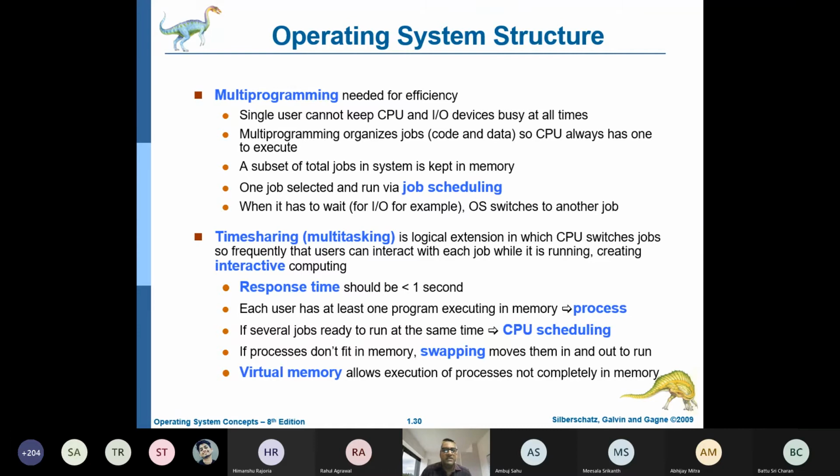For that purpose, since the entire program cannot fit into the main memory, first part of the program will be brought in, and afterwards, if you need the remaining part, then you have to bring it into the main memory. And that remaining part will be placed in the secondary memory because